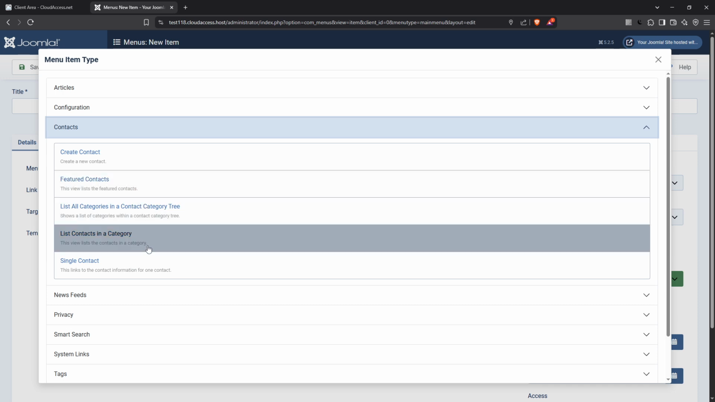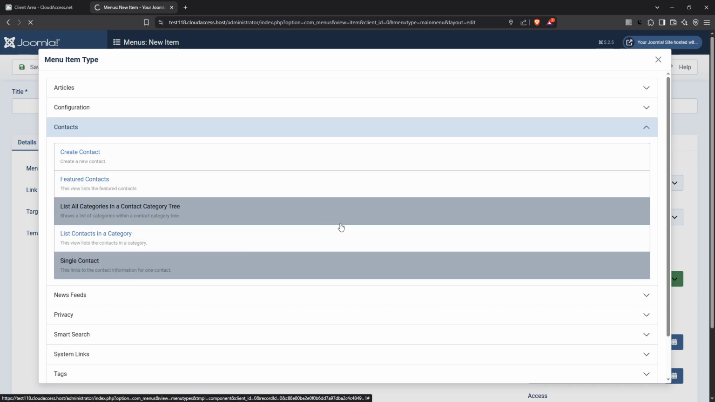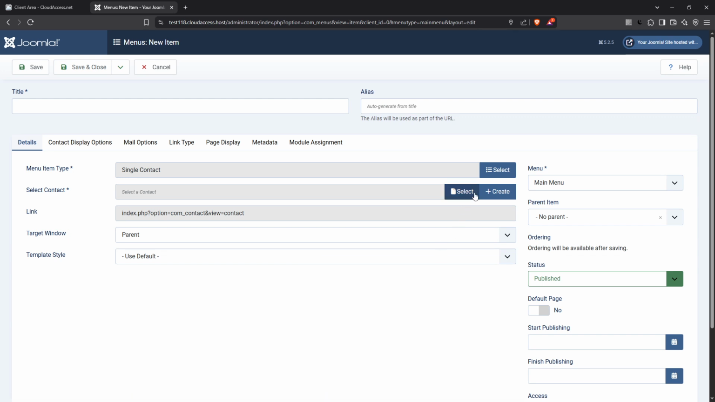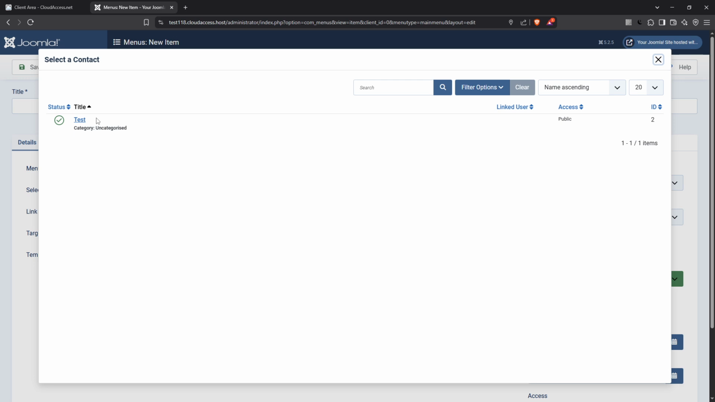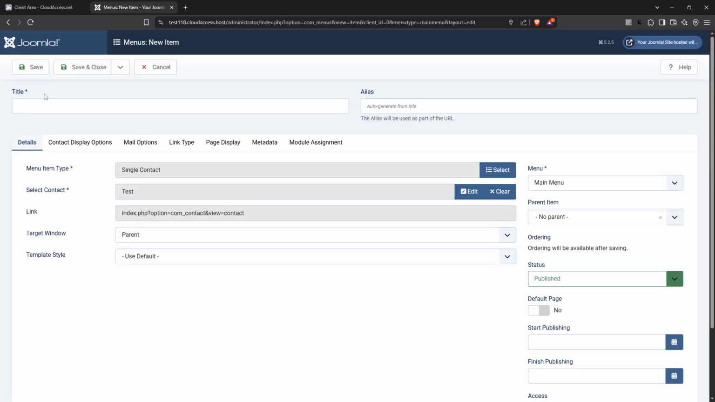The last step is straightforward. Simply save this new menu item. By doing so, your contact form is now accessible on your website through the menu, making it easy for site visitors to reach out to you. And that's it. You've successfully created a contact form in Joomla 5. This is a simple yet powerful way to enhance